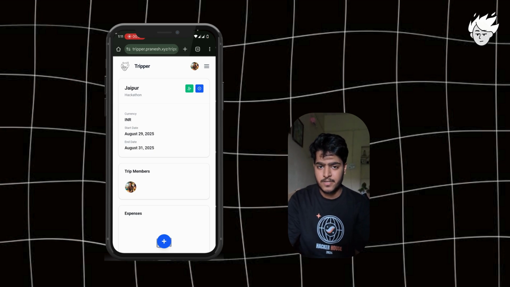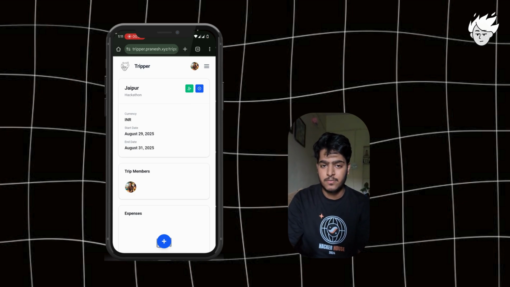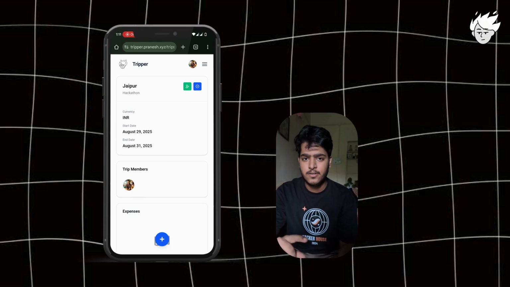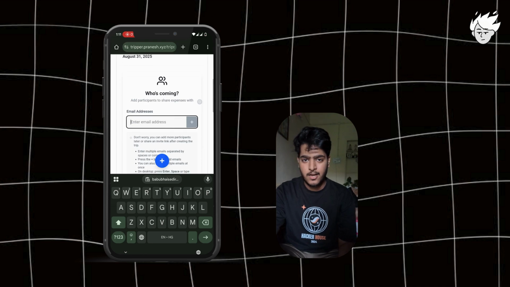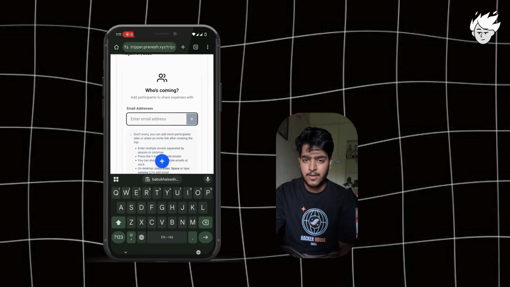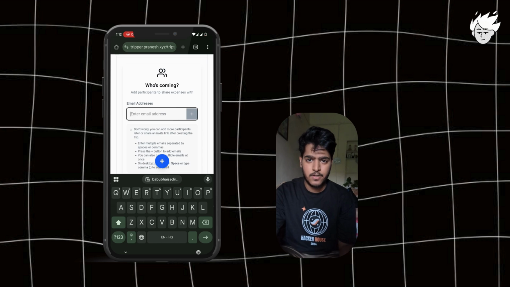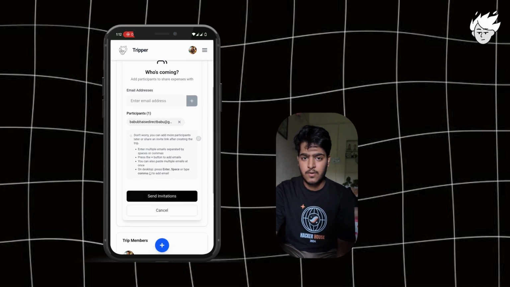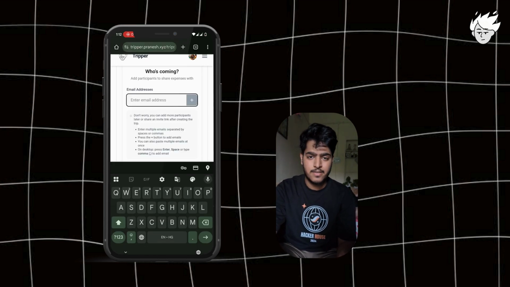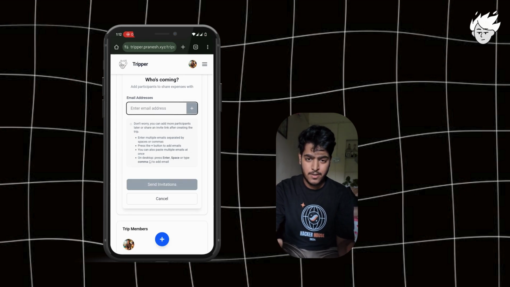And this is the trip members section. Currently, since I've created the trip, I am the only member here. But if you want to add someone to this trip, all you need to do is click the plus button at the top right, and you will get an input box to enter the email. You can add a single email or multiple emails separated with a comma. After that, you just click the send button, and